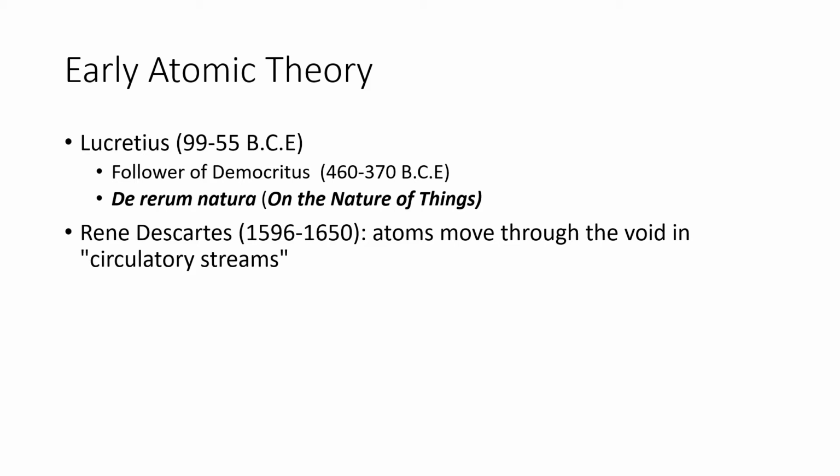And we jump from there to René Descartes, who lived during the 17th century, which is when we think of the scientific revolution as having taken place. It has given us our modern science. It's when Isaac Newton lived, for example. We have Galileo at one end of the 17th century and Newton at the other end of the 17th century in terms of when they lived and were publishing.